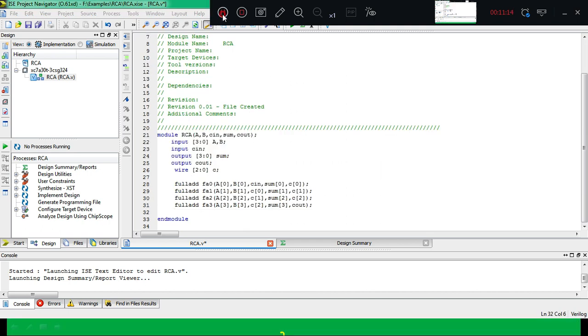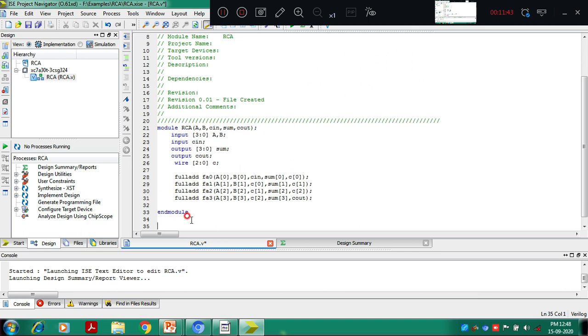We have written code for a 4-bit ripple carry adder which involves all four 1-bit full adders, separated with the instance names FA0, FA1, FA2 and FA3. This particular code is not complete until we write a description for the lower level code, that is the 1-bit full adder. We try to write the 1-bit full adder code now in the same file.